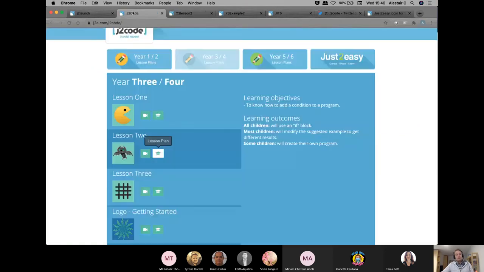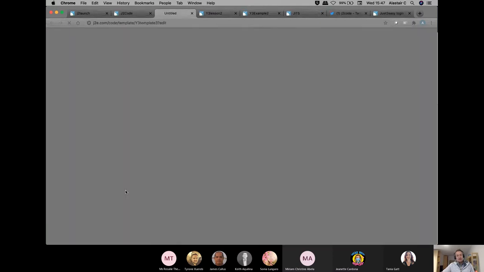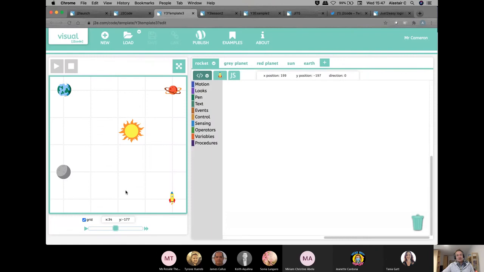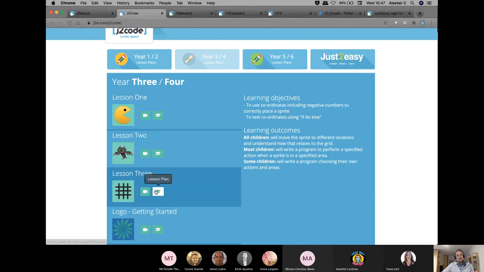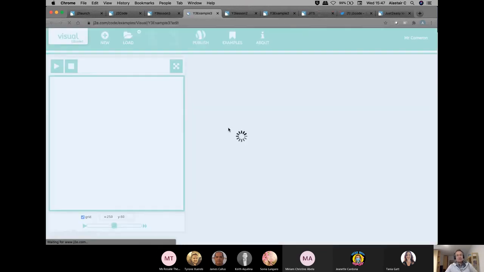And then you move on to next lessons, which introduces vectors and the grid. So maths activity here, as well as coding, where I'm introducing the concepts of grids and coordinates to understand how a grid will work. And if I just open up this one, for example, here you've got the planets. Oh, I've opened up the wrong one. Sorry. Let me just open up the example here, which you can have a quick look at.